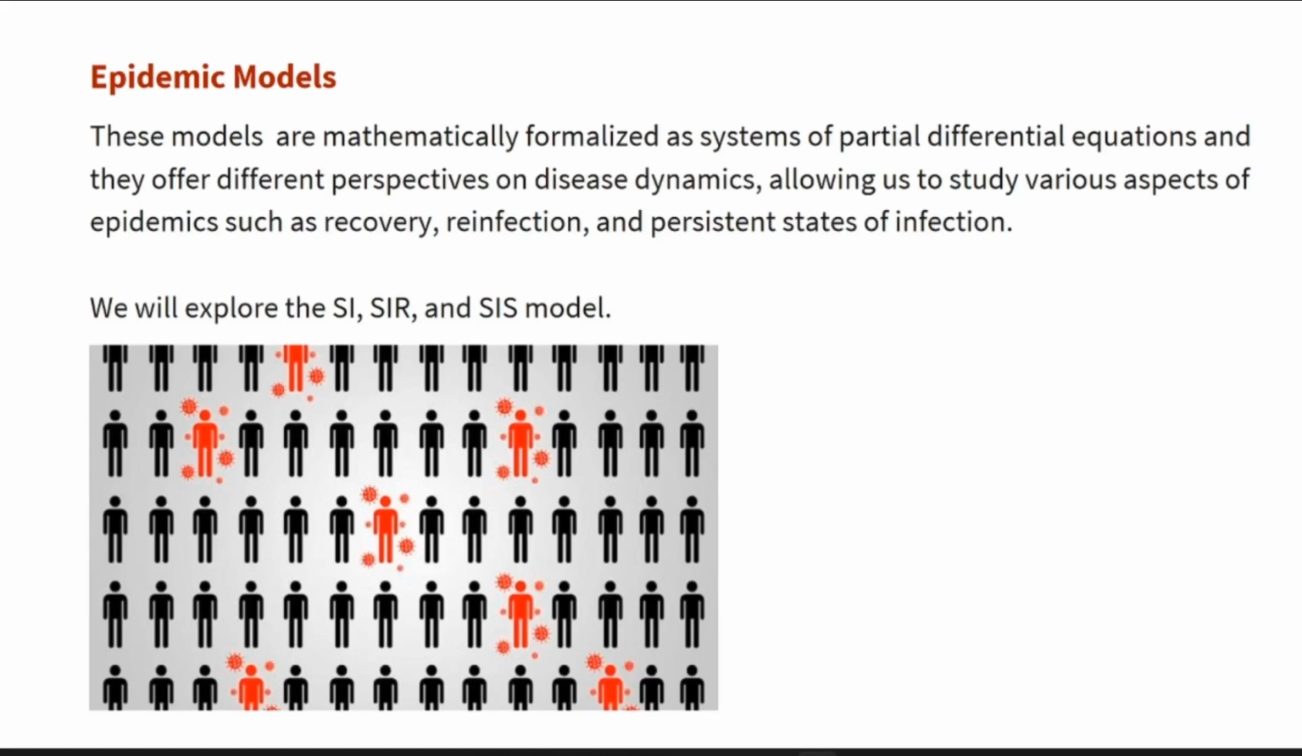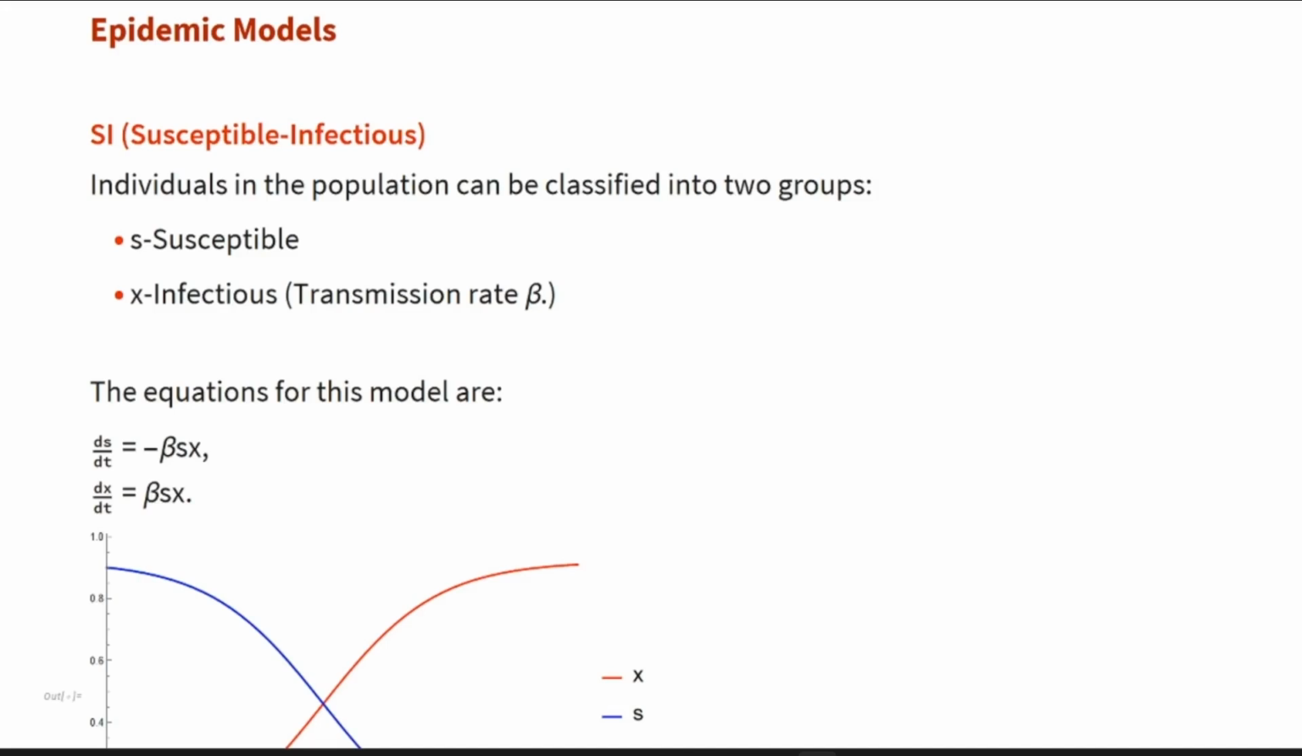So when it comes to studying epidemics, various models have been developed. These models are mathematically formalized as a system of partial differential equations, and they offer different perspectives on disease dynamics, allowing us to study various aspects of epidemics, such as recovery, reinfection, and persistent states of infection. So let's begin with the SI, susceptible infectious model, one of the simple epidemic models used to study